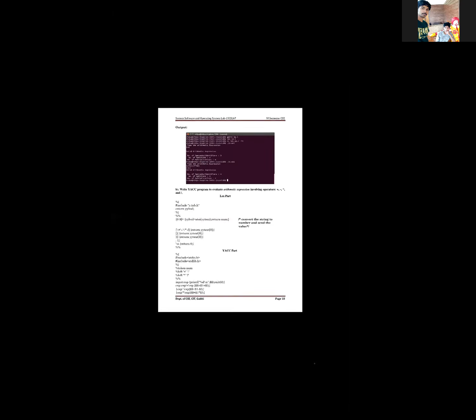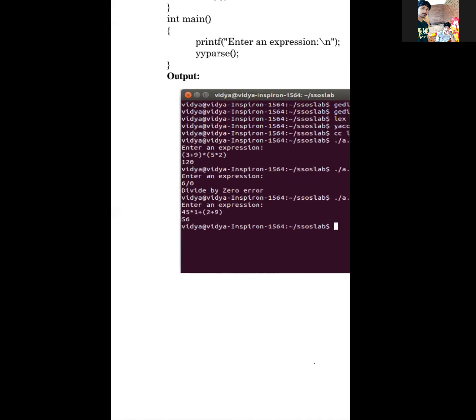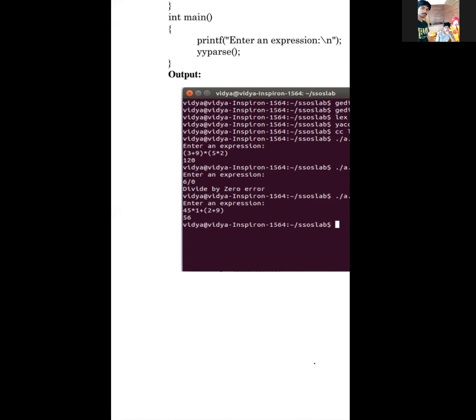Remaining, you already know about the input part of the program. That means we have YY error, the main part of the program, the arithmetic expression. But here we need to worry about YY parse. We're going to draw the parse tree. Every time we need to draw the parse, in the sense we have to draw the tree structure for your program. A parse tree always has some symbols. We need to draw the parse trees. So don't do all these things in the class, you can do them after the class, so we don't waste time on this. So we have plus, minus, star. That means whenever we scan everything, we go for the parse tree, YY parse.